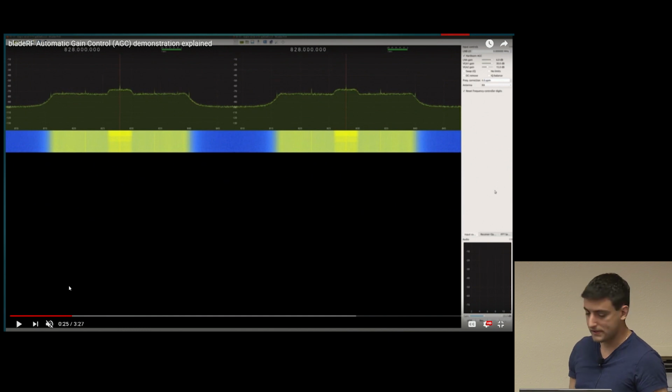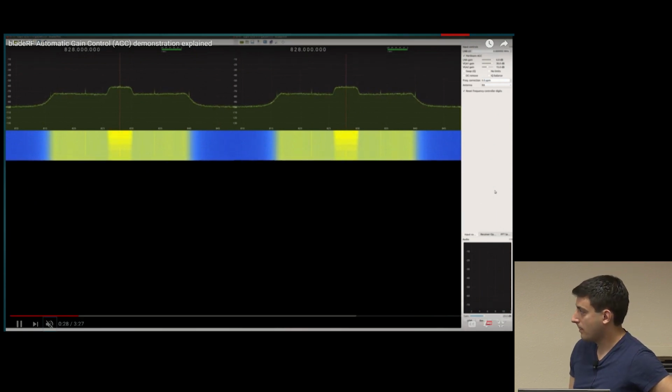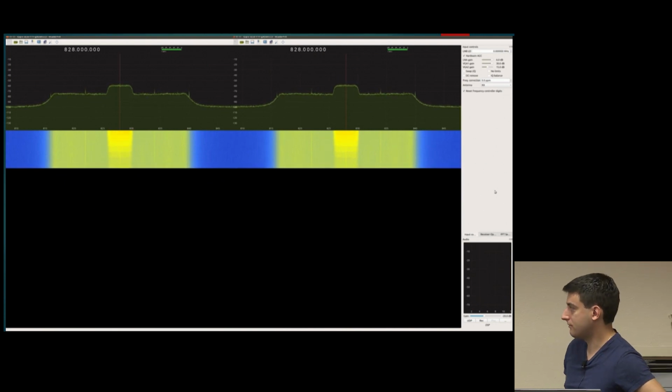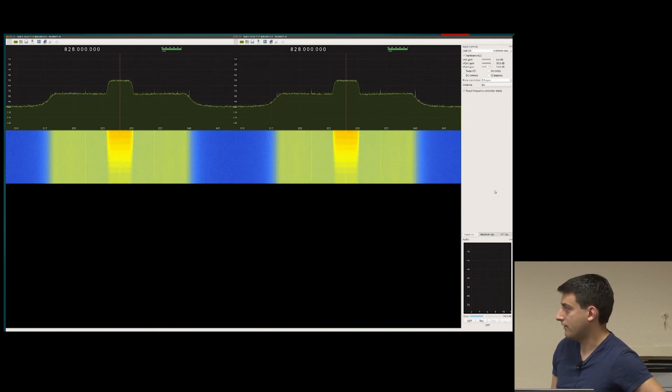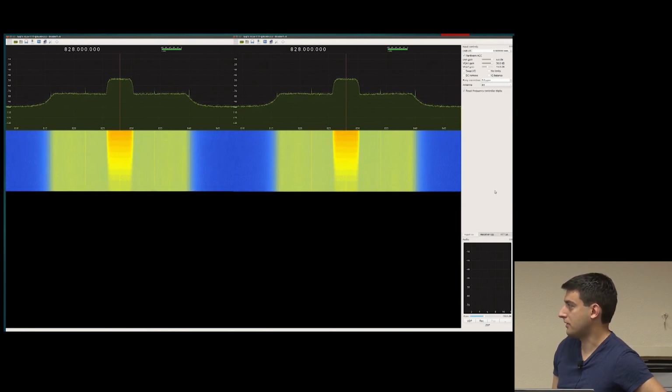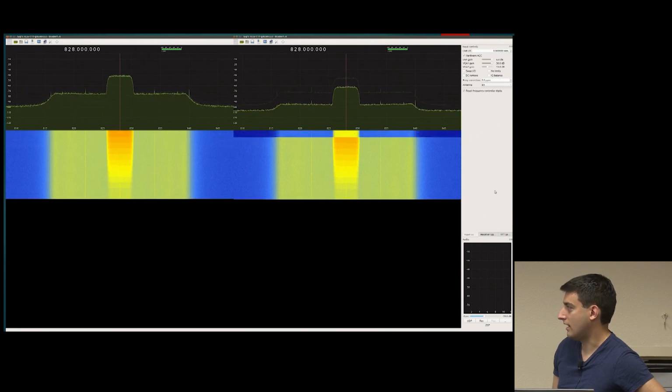So basically what is happening here is the E4438C is sweeping from minus 120 dBm up to minus 20 dBm in 3 dB increments. And the thing on the left will show the bladeRF without an AGC, and then the image on the right will show the bladeRF with the AGC enabled. And as you can see, the signal is kind of deviating from the pedestal, and very soon it'll switch over to the medium gain setting, and